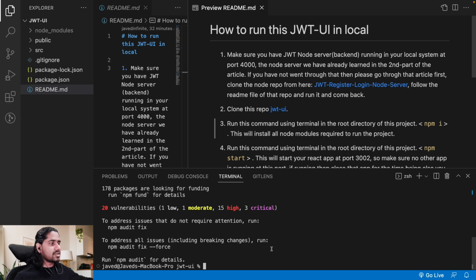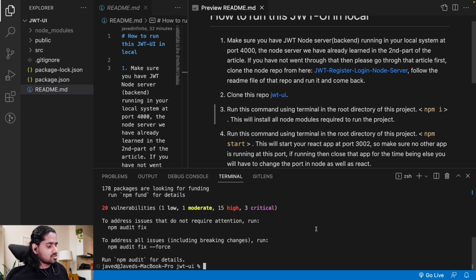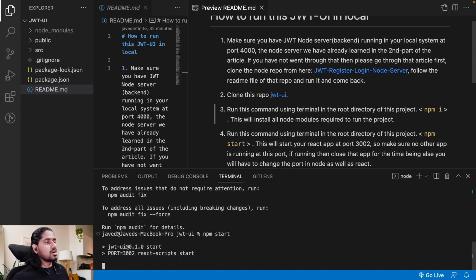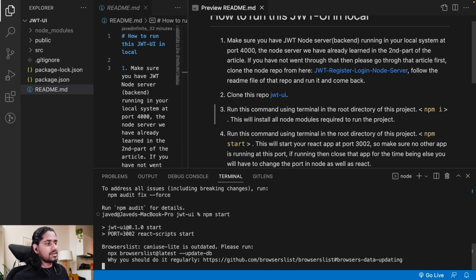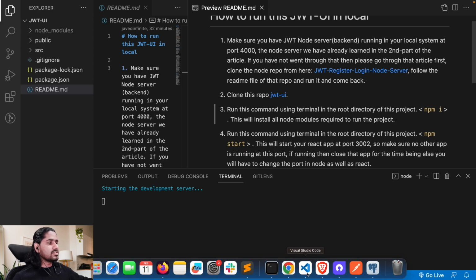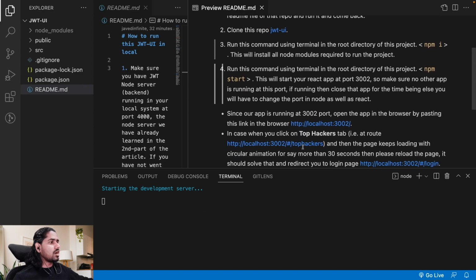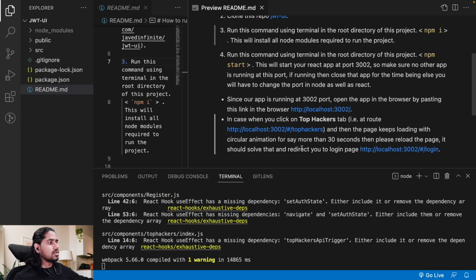Alright, so it looks like installation is done. The next command is npm start. Run this command to start this React application. You simply put this command in your terminal, npm start, and for sure it should start running. While it is starting, it should not take that much time, what I'm going to do after starting the server is just go to our